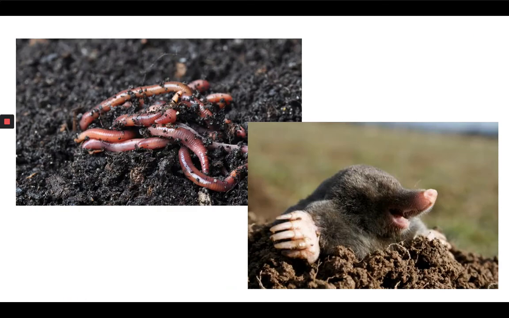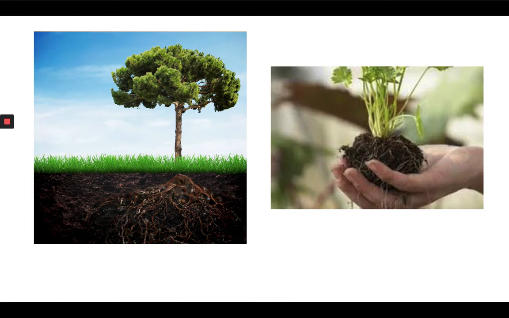Another example is soil. A lot of organisms use soil to live. It's their habitat. So we have some worms and we also have a mole, and both of these organisms live in the soil. The soil is an abiotic factor that those biotic factors, worms and moles, rely on to survive. And then we also have soil as an abiotic factor that plants need to survive. So rocks and soil allow plants to grow roots, which allows them to stick themselves in one place and survive.